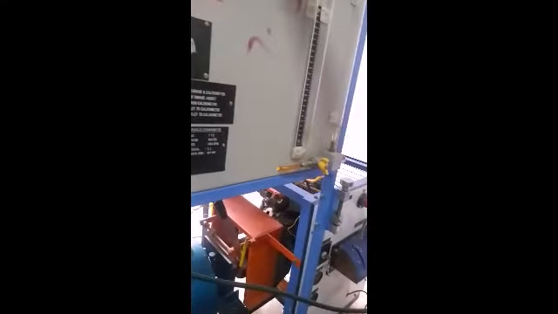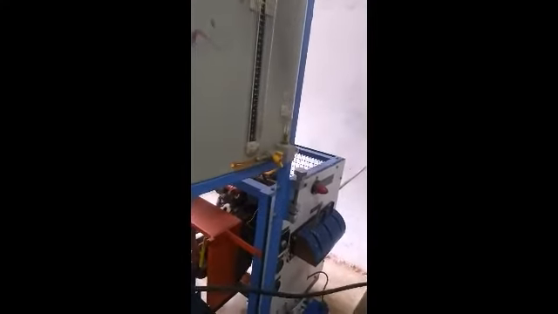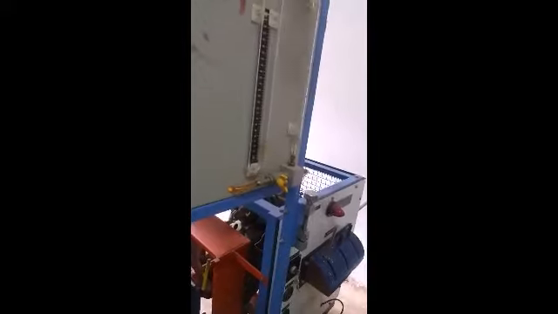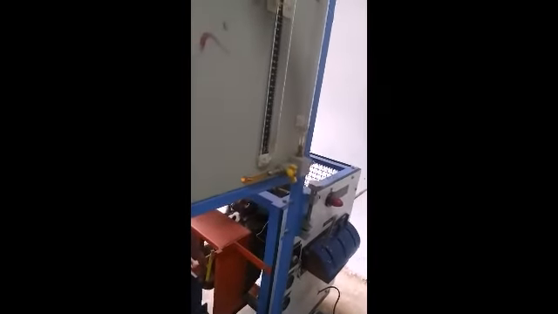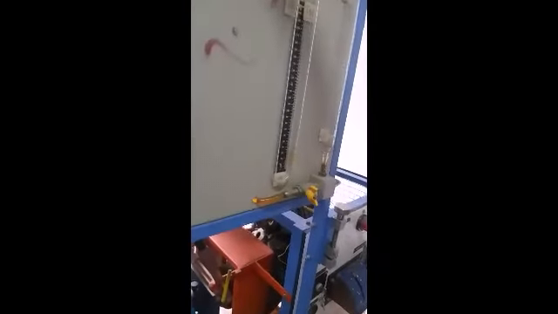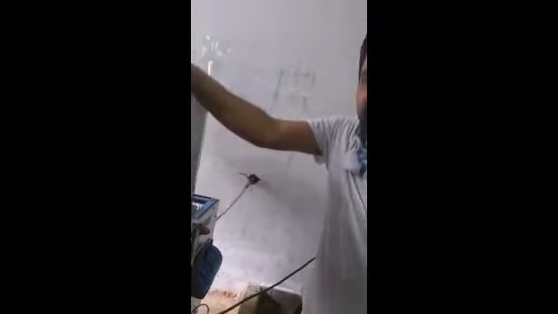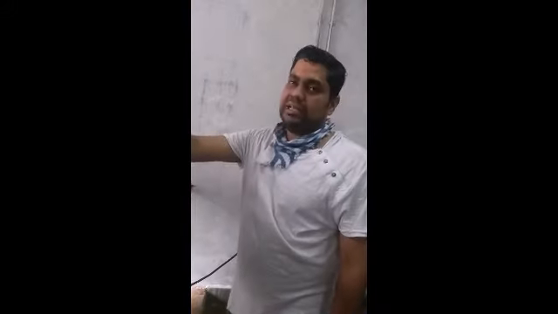So today we will discuss the Morse test. We experimentally find the Morse test. So how is the Morse test found? When 3 cylinders are running, 3 brake power will be generated. After that, there is also frictional power. So 3 cylinder indicated power is equal to 3 cylinder brake power plus 3 cylinder frictional power.